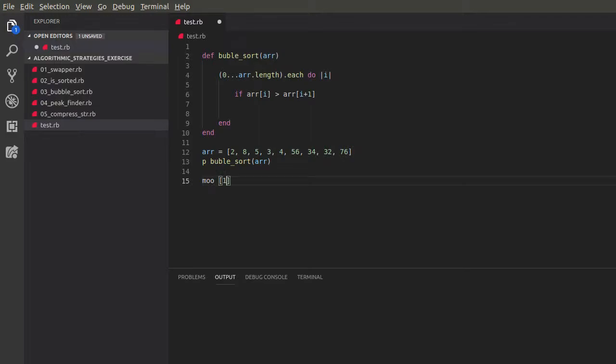Let's put some simple numbers: 1, 2, 3, 4, 5. Okay, and then let's do move of 0, move of 1,